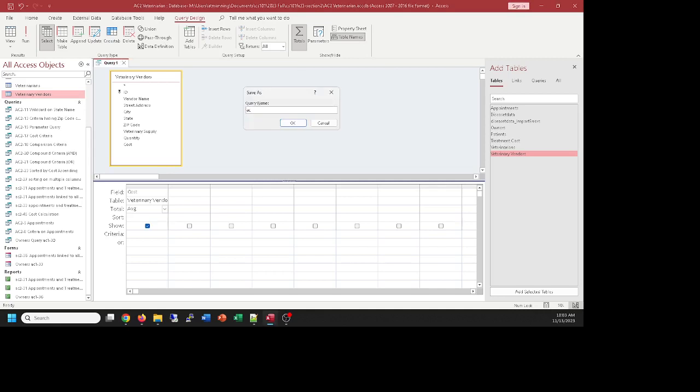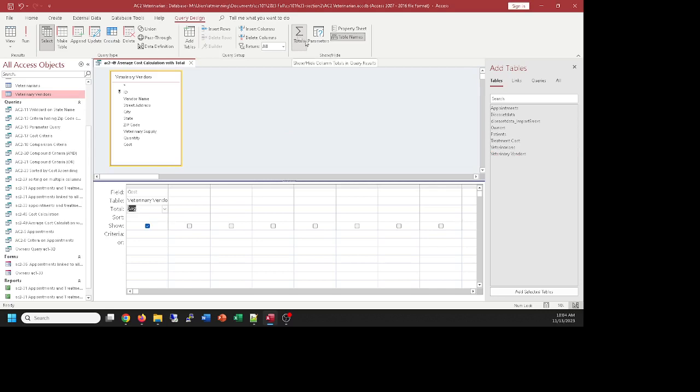AC 2-49, average cost calculation with totals. So using this total feature, I can let Access do some calculations for me. Now there's plenty of fancier things I can do, but that's just one way, and let's just take a look